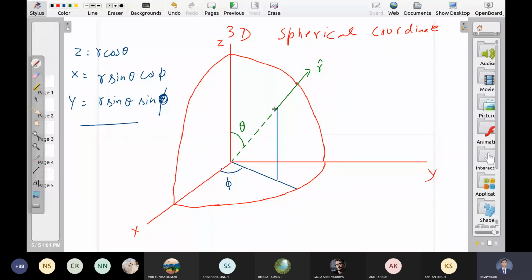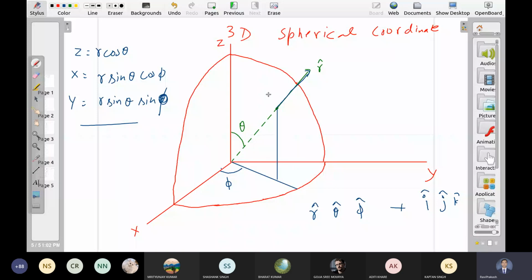can you write theta cap, phi cap, r cap in terms of I cap, j cap, k cap? One method is geometrical. This is the r cap vector. Find its angle from the xyz axis. Imagine it. Try to write it. कर सकते हैं, बहुत मुश्किल नहीं है.